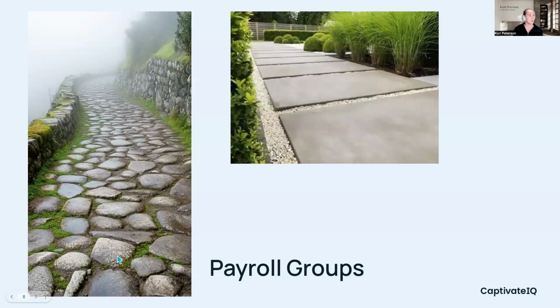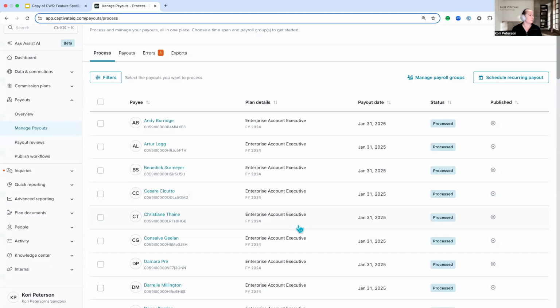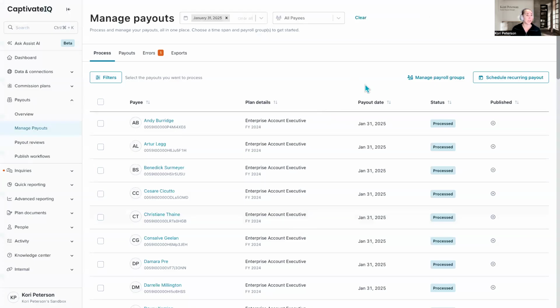So what we're trying to accomplish with payroll groups is just providing that smoother experience for you so that you can actually connect and customize the way that you run your payroll in CaptivateIQ to be a better fit for how your processes actually look. With that analogy being said, we're going to go back and take a look at what it looks like to set up a payroll group and then how this actually helps connect those processes together.